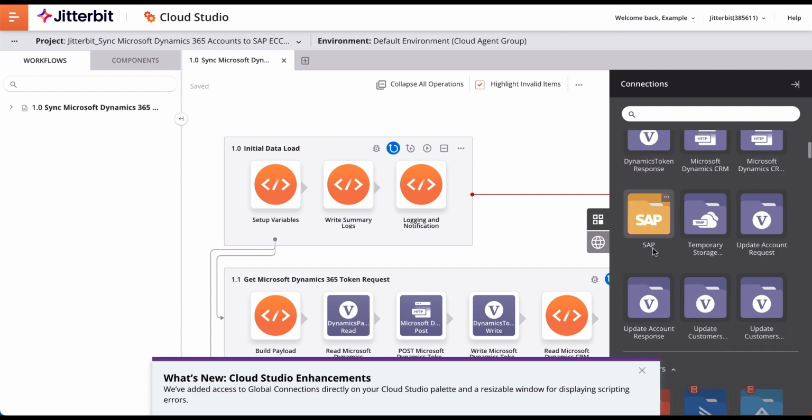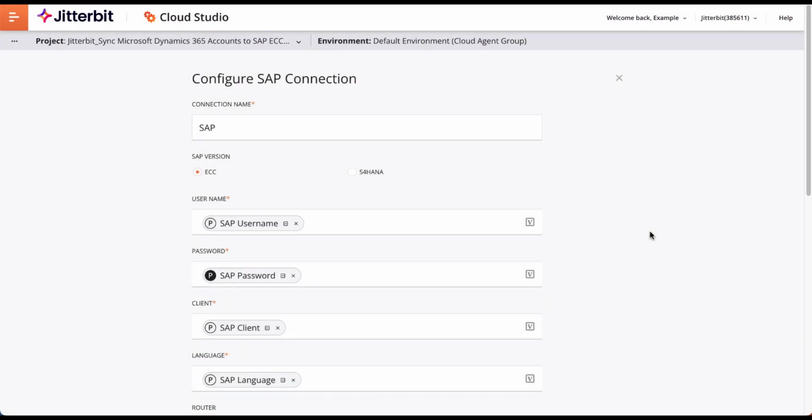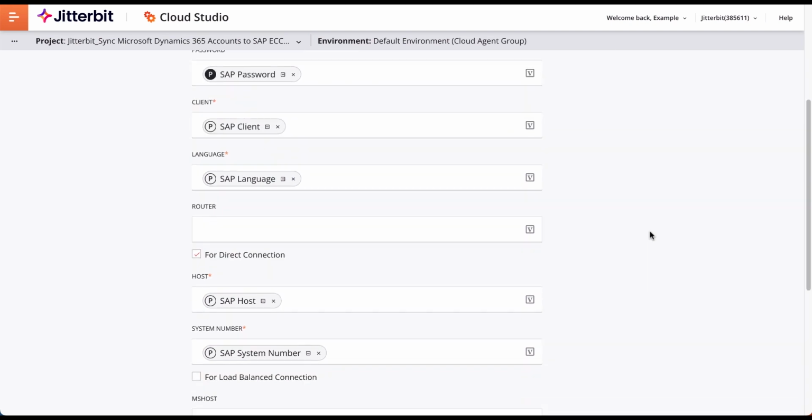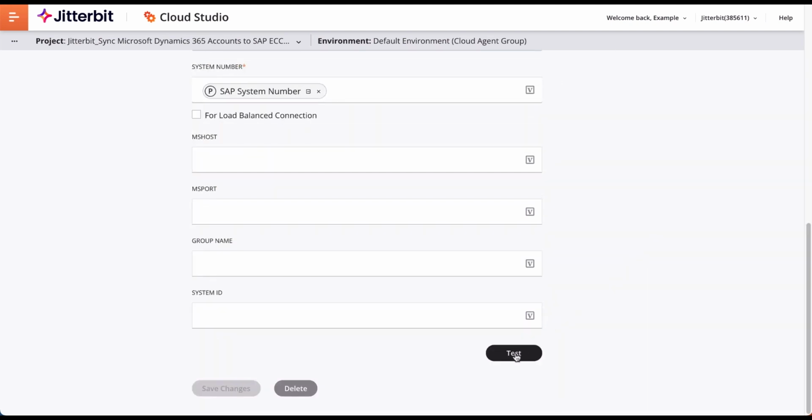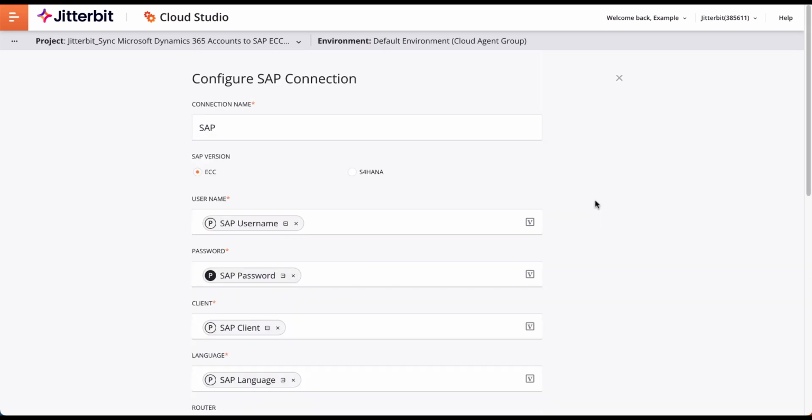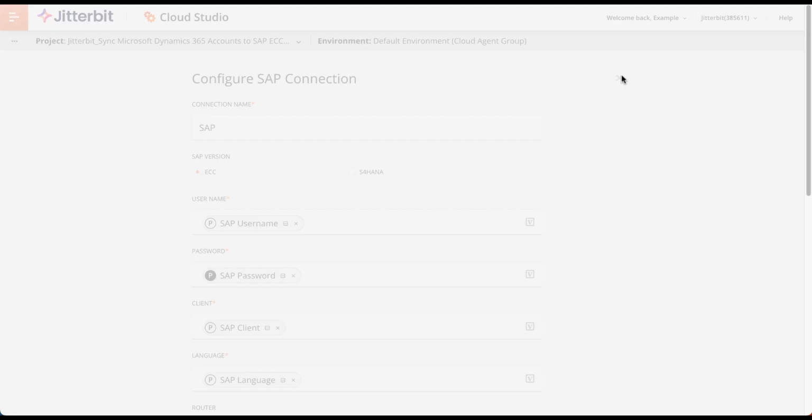First, I'll check SAP to see if the connection is successful. To do this, I'll double-click on the SAP connector and scroll down to the bottom where I see the button called Test. When that button is clicked, it will take all the variable settings I used in the last step to see if there's a successful connection to my specific SAP connector. If it was successful, I'll get a green message saying Connection Success. If it was not successful, I'll get an error message. I see that my connector was set up correctly, and I will click the X at the top and do the same thing for my Microsoft Dynamics